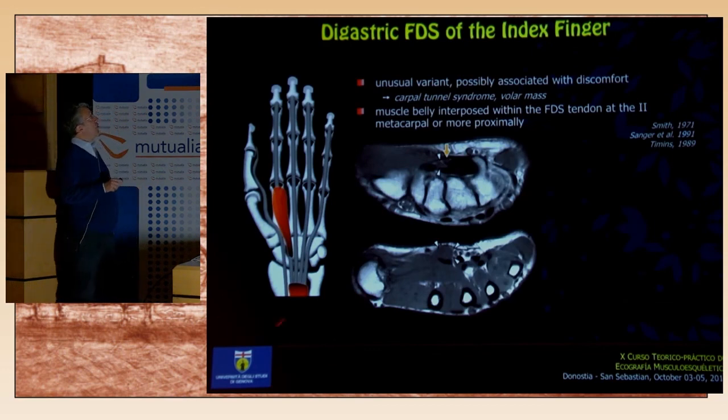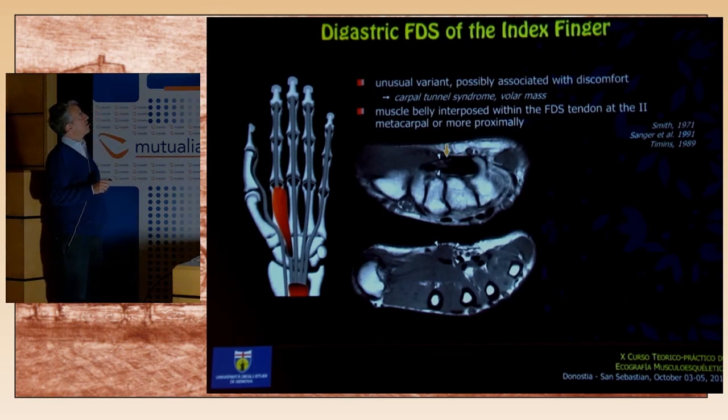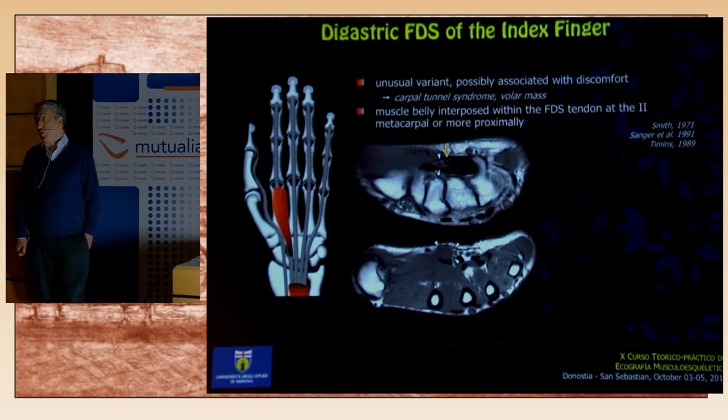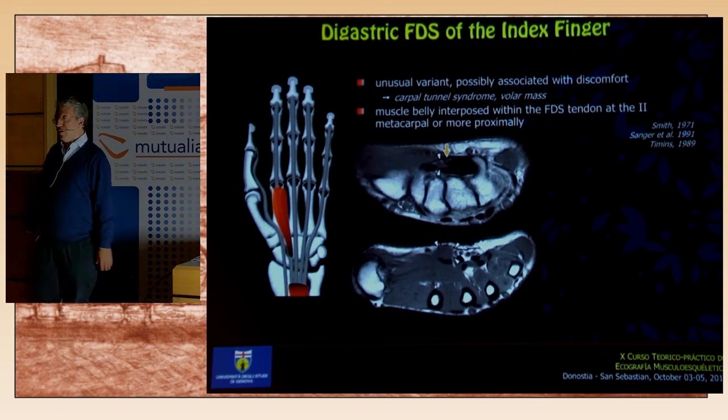This is another very common variant, the digastric flexor digitorum superficialis of the index. Digastric because it's located here. It is an accessory belly. It starts within the carpal tunnel, and then it expands in the palm. Here you see the example of this accessory muscle. It may form a lump over the palmar aspect of the hand, and as usual, when there is a lump, the orthopedic surgeon takes a needle and